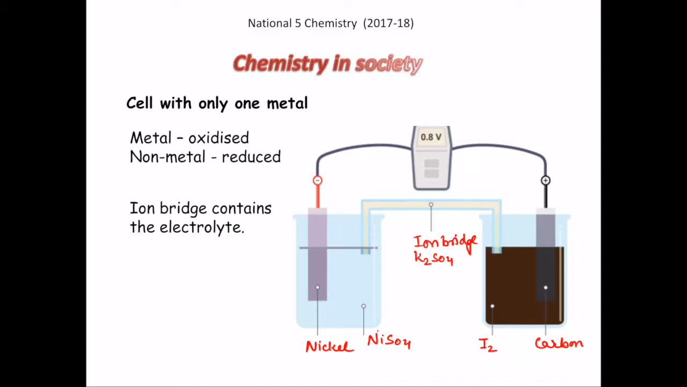In this reaction, nickel gives away electrons. So nickel would give away electrons, changing into nickel ion, and iodine accepts these electrons and changes into iodide ions. So the overall equation for this would be